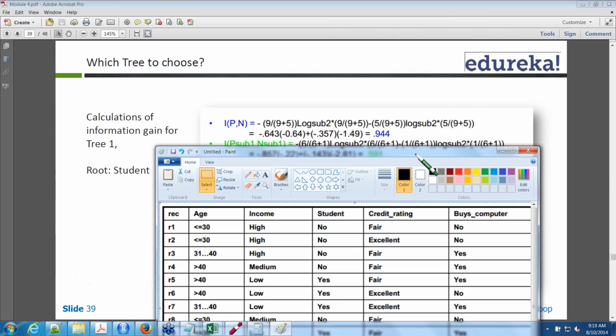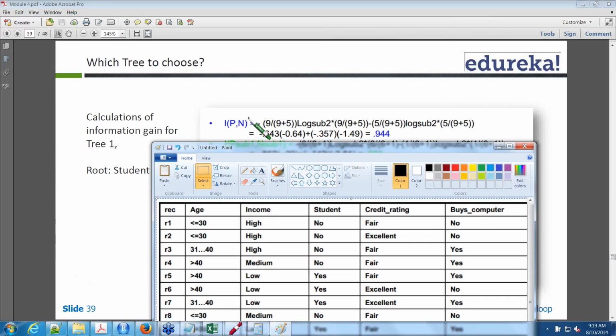So 9 divided by 9 plus 5, a total of 14 records, out of which the number of students